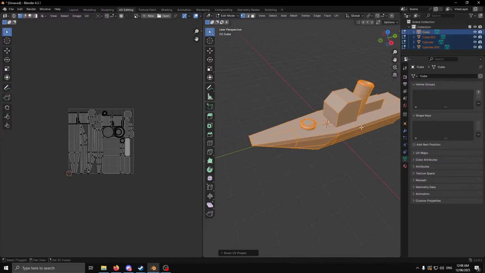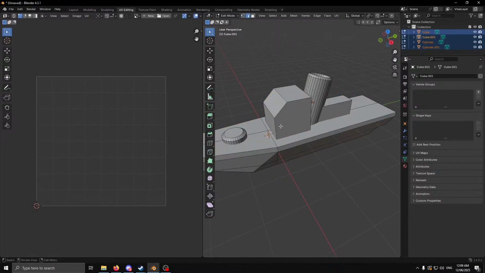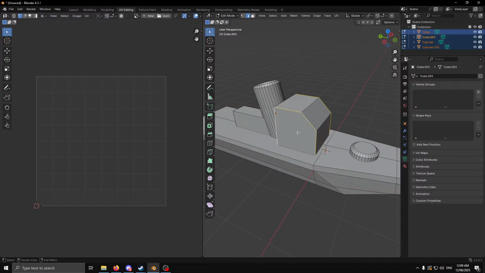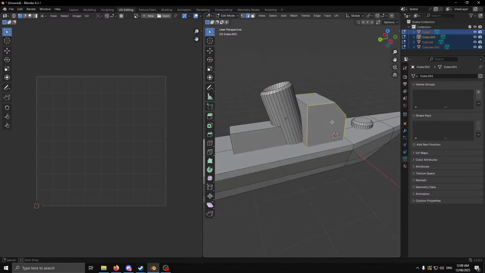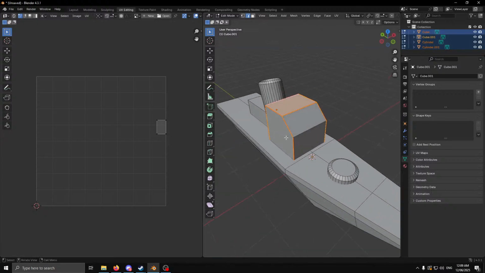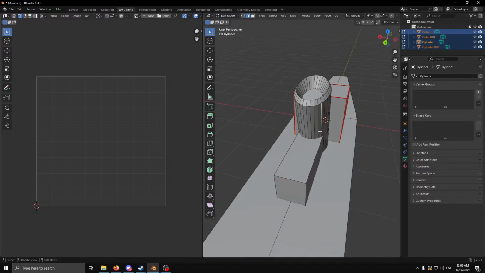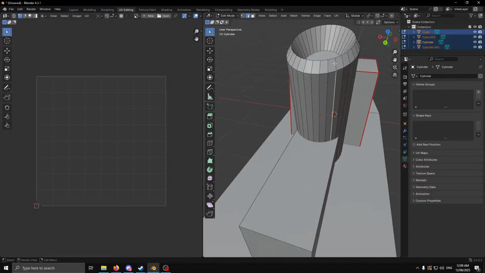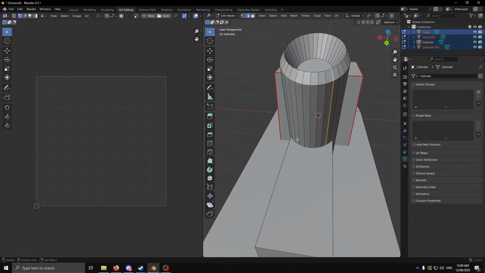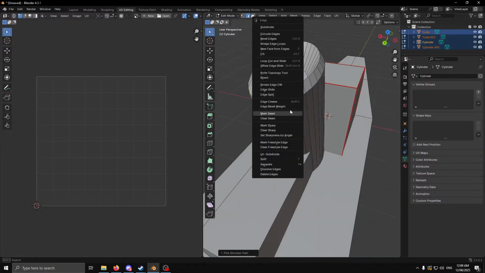Technically speaking, this one would not be hard to manually unwrap. You just do something along the lines of like this. Right click, mark seams, because then you've got all your points there. I am not a fan of